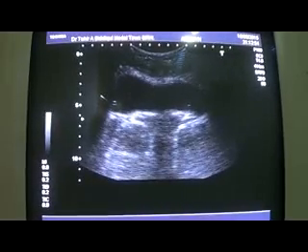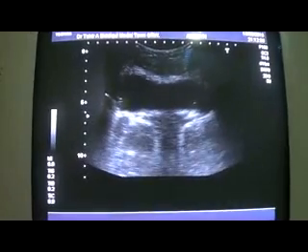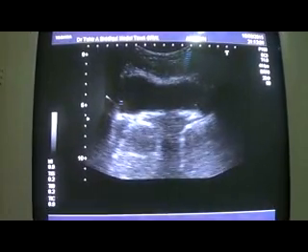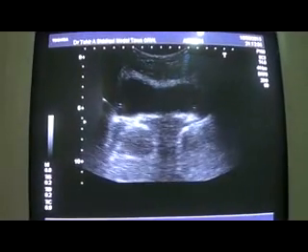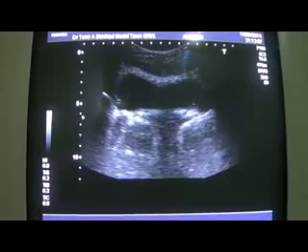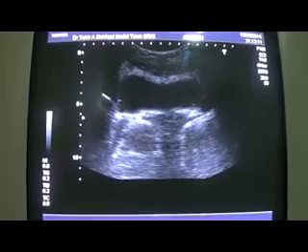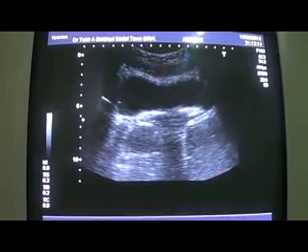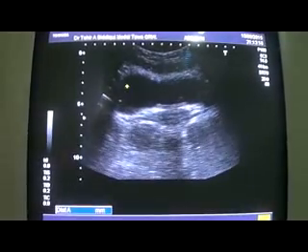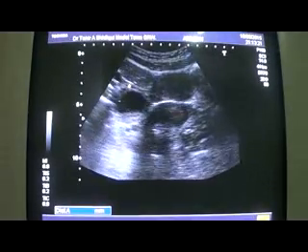Ultrasound of a young female, age 27 years, married 3 years, with a history of primary infertility. At this time, she presented with pain in the right adnexa or pelvic region. What I'm showing you at present is the urinary bladder, and as I move the probe towards